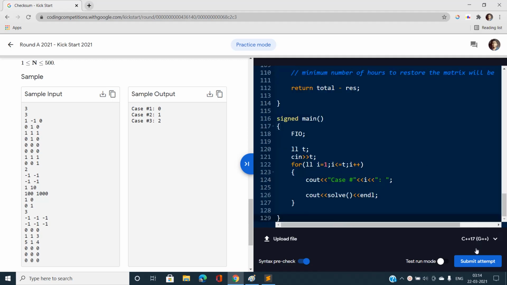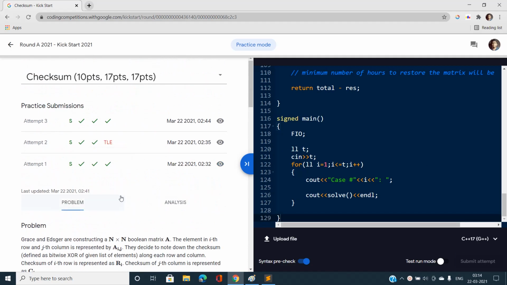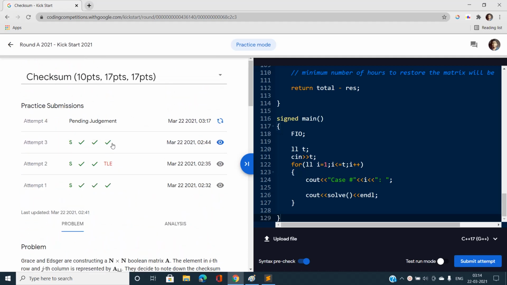Okay, so I've submitted the code. You can see I've already had 3 attempts. I'm basically finding the most efficient and faster solution for this problem, and one that is much easier to understand also. The code has a pending judgment, so let's wait for that. I think this must pass.